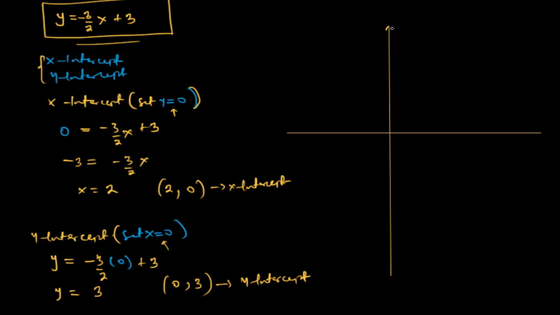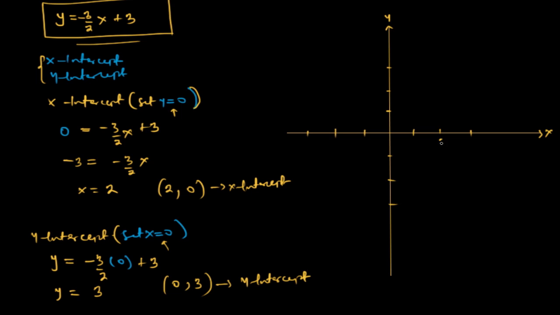So let's do this on the graph. What we have on the graph here is my y-axis, and this is my x-axis. Let me just calibrate this. This is 1, 2, 3, and this is negative 1, negative 2, negative 3. This is 1, 2, 3, and this is negative 1, negative 2, negative 3. This is approximate, it's not accurate anyway. So when x is 2, y is 0. So the x-intercept,